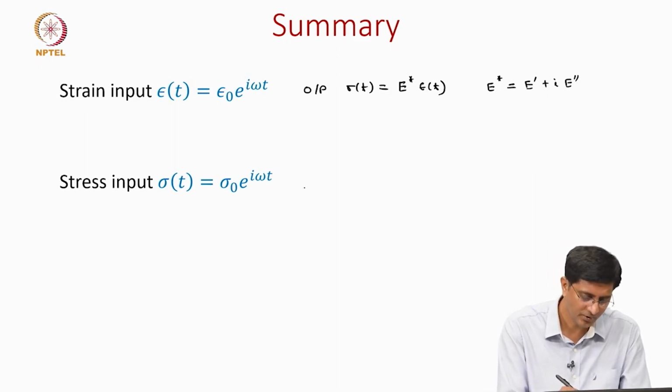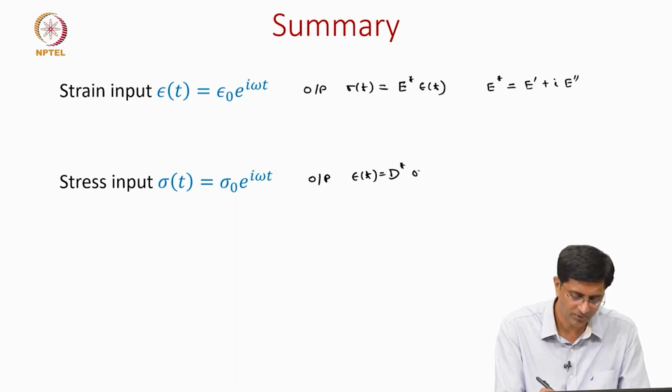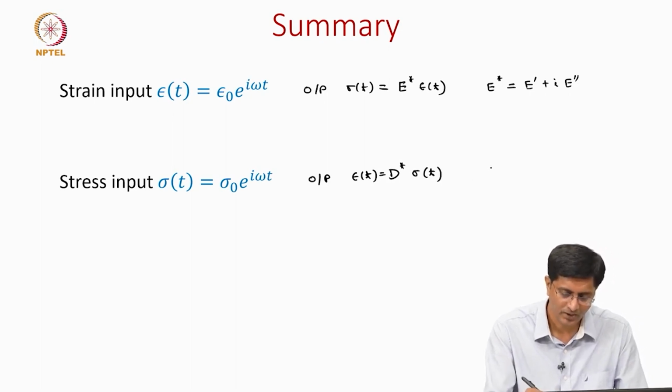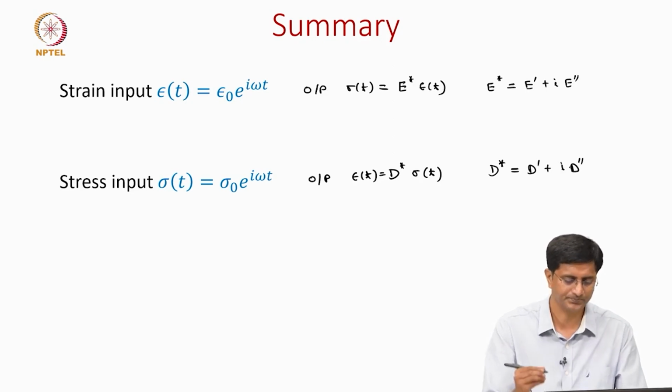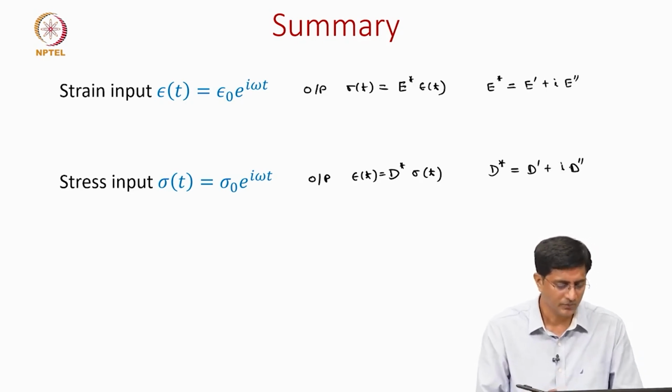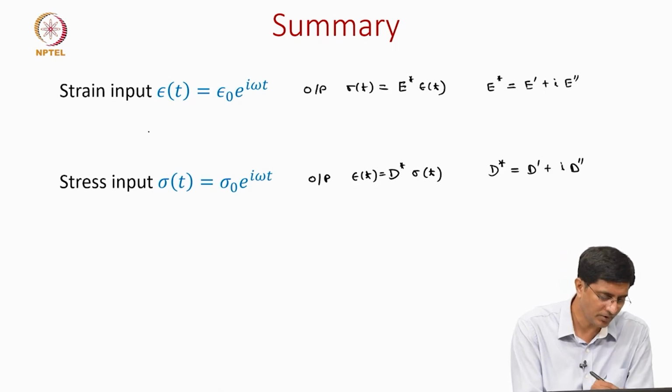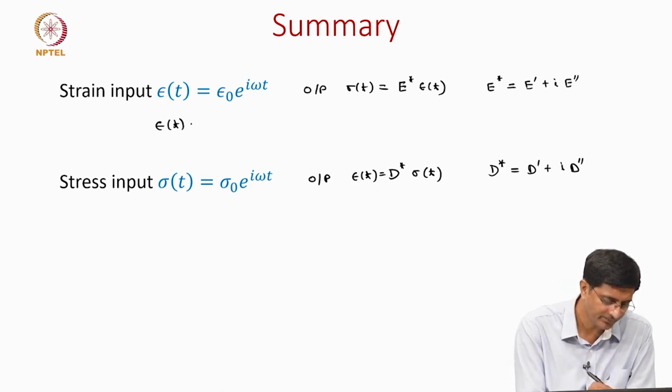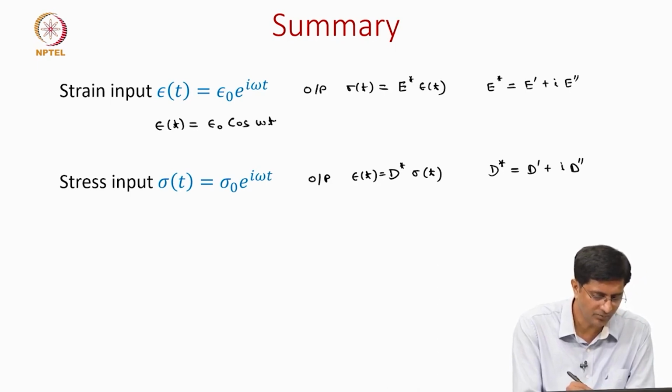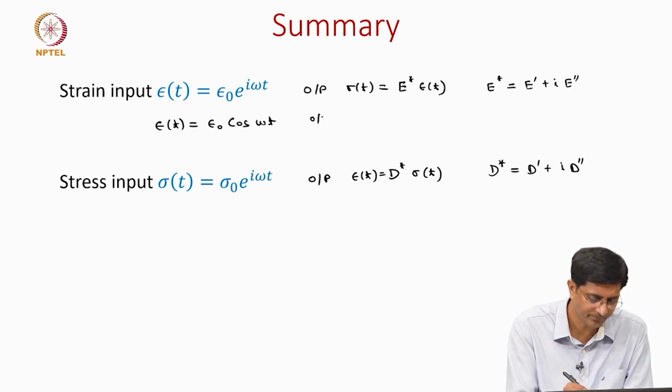Similarly, for the stress input, we said the output is written in terms of complex compliance times the input stress, and this complex compliance we have written in terms of storage and loss compliance. So, we also looked for a strain input, let us say epsilon of t is epsilon naught times cos omega t. For this input we have showed that the output is